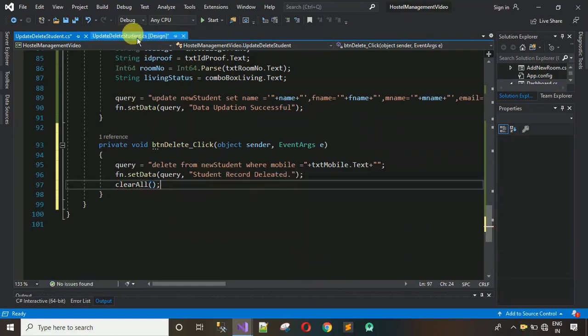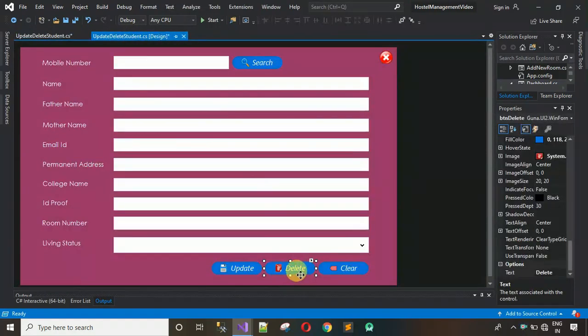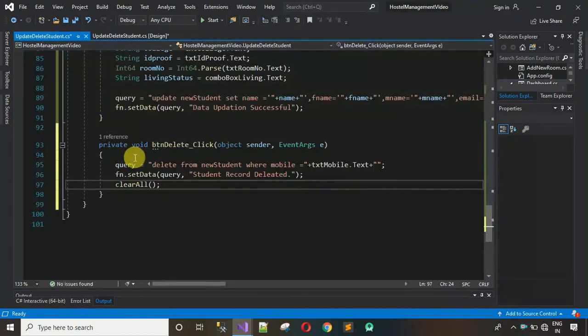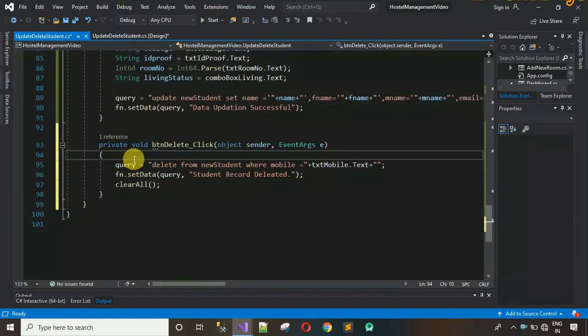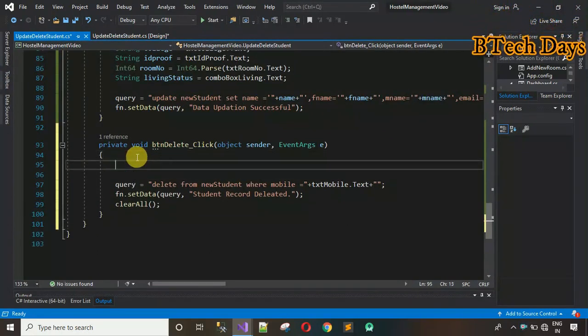And suppose someone wrongly or suddenly clicked on this delete button, then that record will be deleted, and this will not look that nice. What I want is that the application asks the user for confirmation: are you sure you want to delete? So for that, I have to add one more line of code, that is if